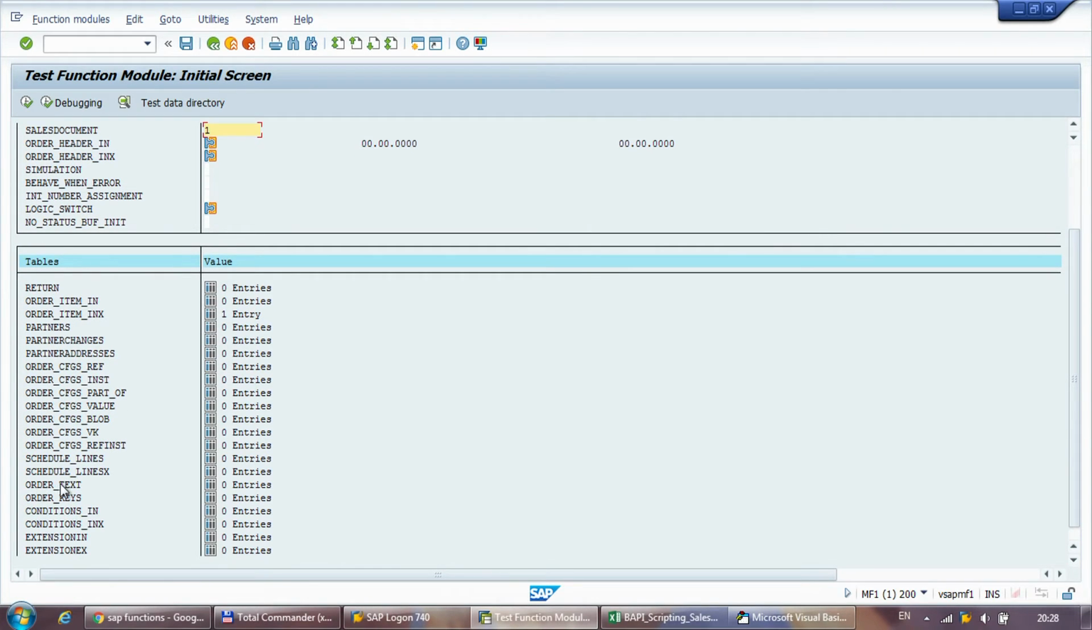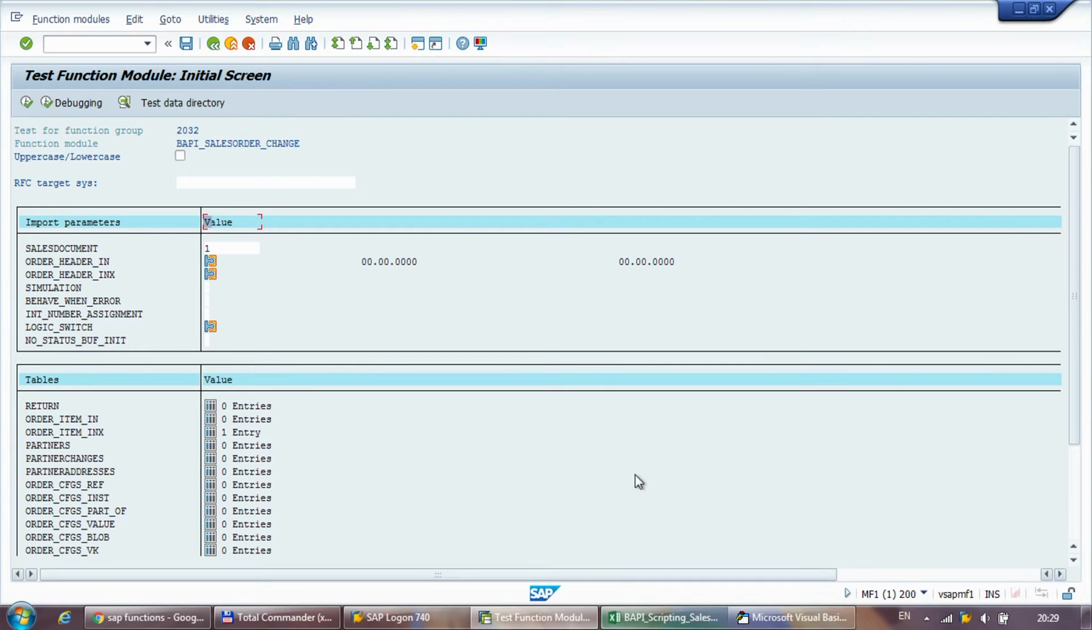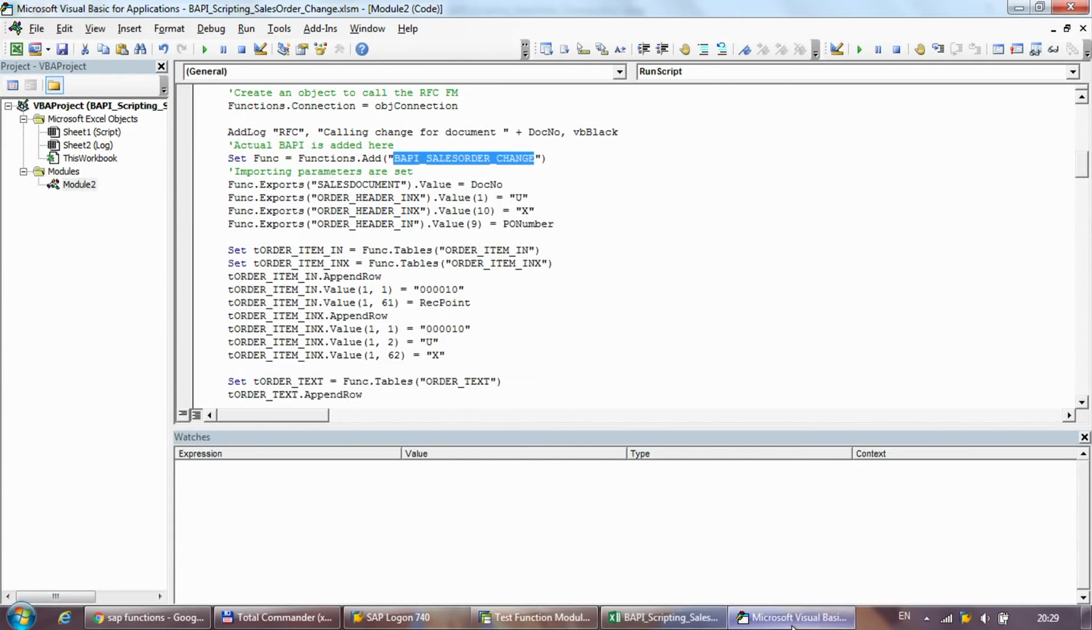Order text: this table doesn't have an X because you either create or update an existing text, so you just have document number, item number, text type. We'll see in the code how it gets maintained. Going back to the Visual Basic code, as I said, in the importing parameter sales document needs to be